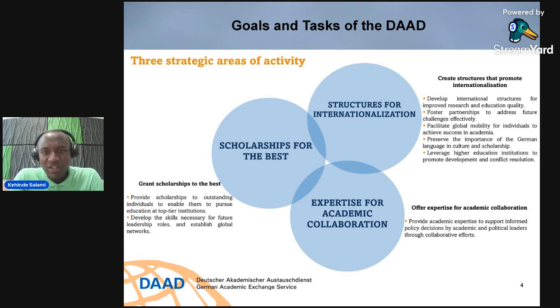So they also fund programs in that category, and also expertise for academic collaboration. Different organizations and different countries also use this medium for knowledge exchange, like between Nigeria and Germany. They also have this kind of relationship whereby